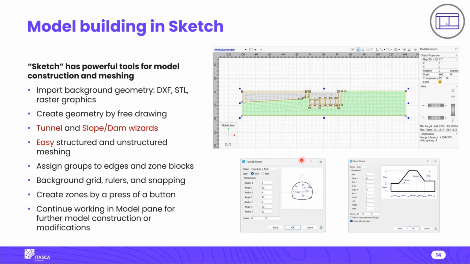You can assign groups and edges to zone blocks. A block is essentially a closed polygon. So as long as you have a closed polygon, you can create a mesh within it. We have a background grid here. We have rulers. When you create your geometry, there are snapping options available to background geometry and also the background grid. As I mentioned, you create zones or mesh by the press of a button. And finally, when you generate zones out of Sketch,